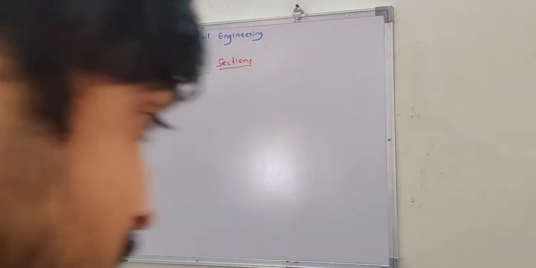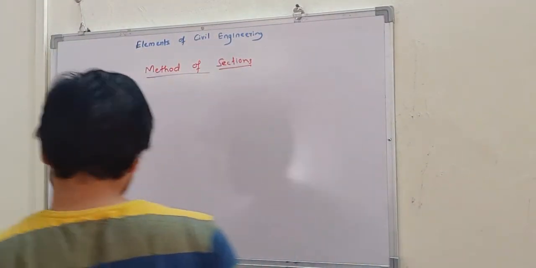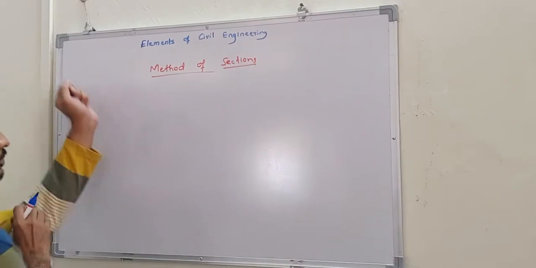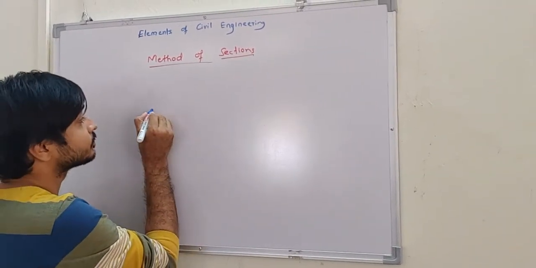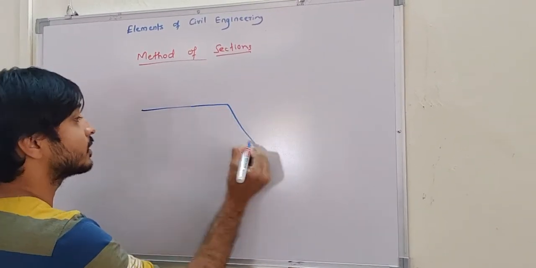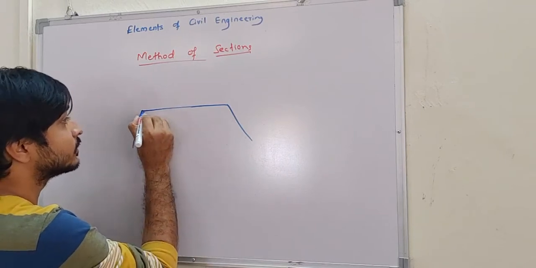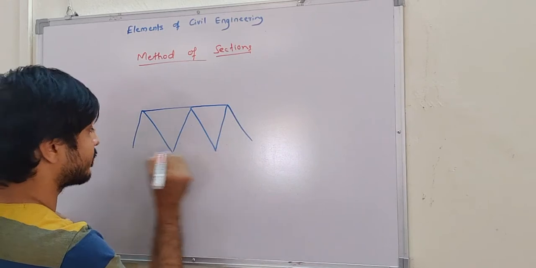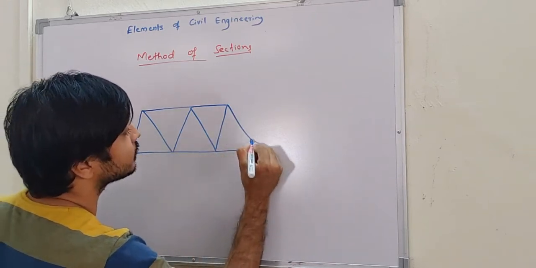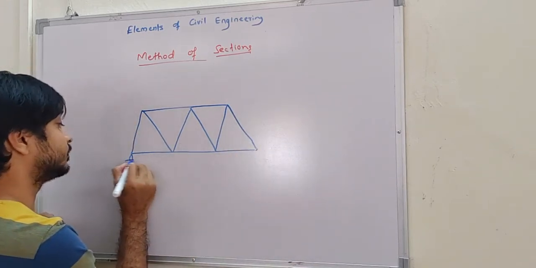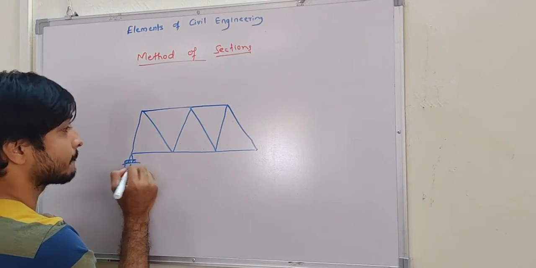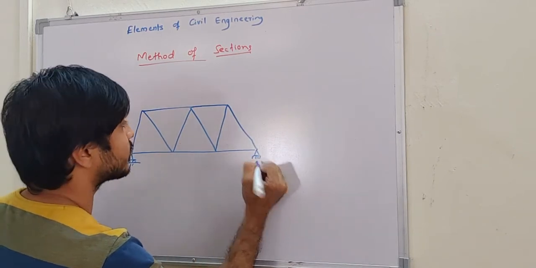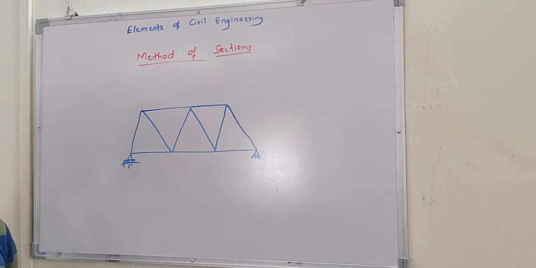Last class we discussed the method of joints. So if I take a truss, a very simple truss that we have considered, I'm taking a simple truss. So this is one simple truss. So in method of sections,